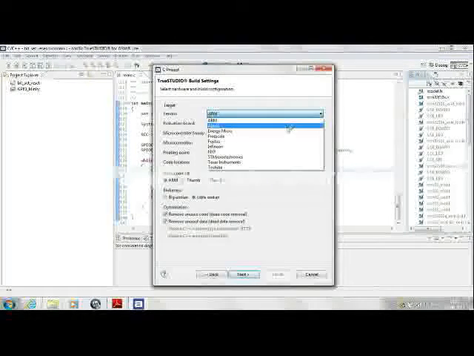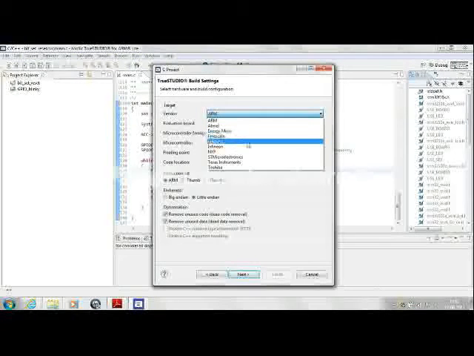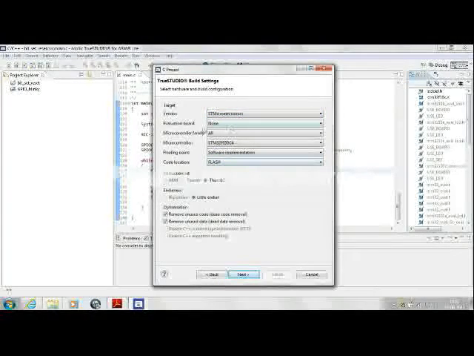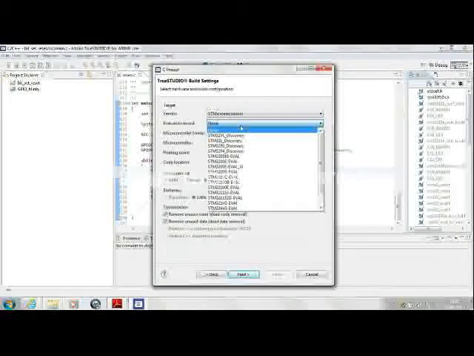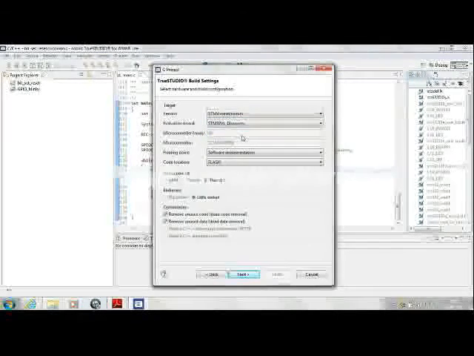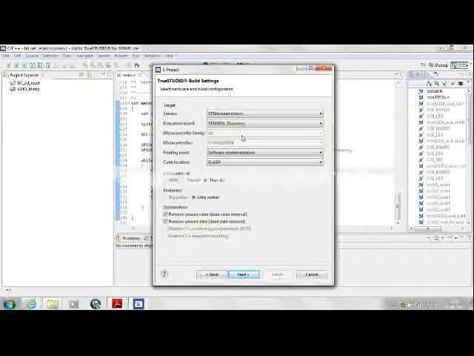If you drop down here, you can see you can program 32-bit controllers from Atmel, Freescale, Infineon, NXP. We are working on an STMicroelectronics target, and the board that we have is an STM32VL Discovery board. After you select this evaluation board, automatically your microcontroller is fixed as STM32F100RB.